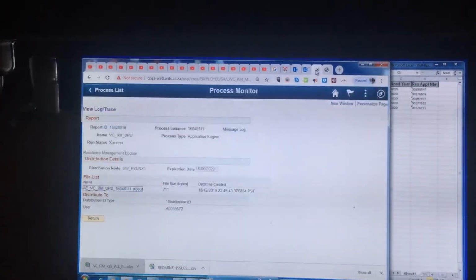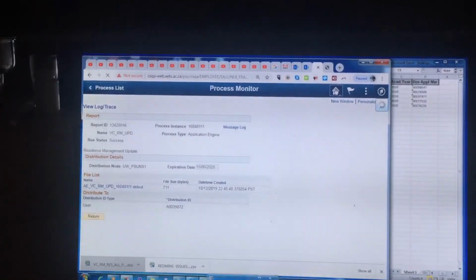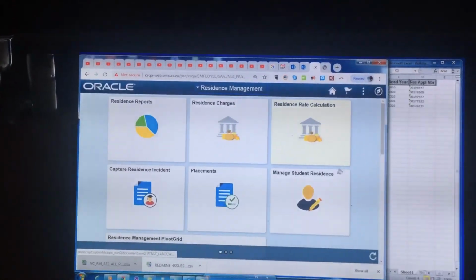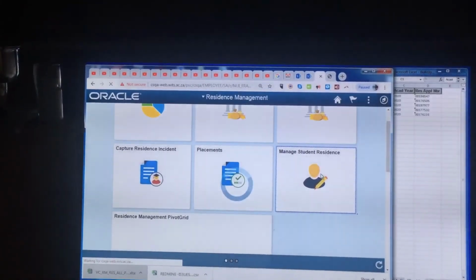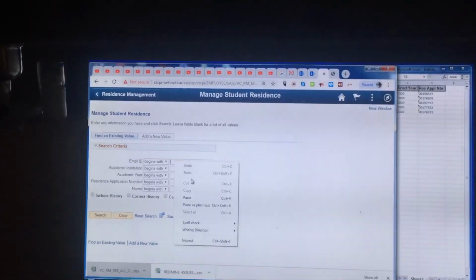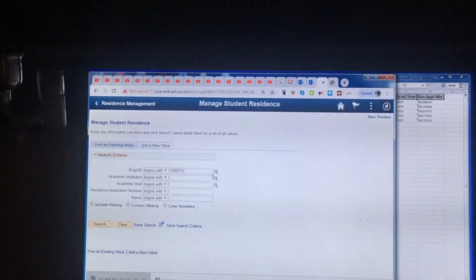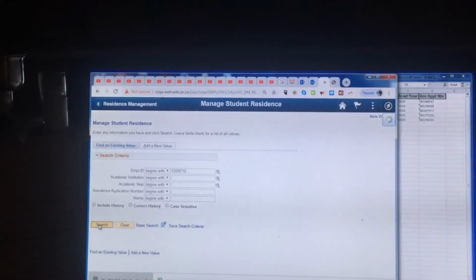So these students, according to the report that I downloaded, were on transfer notification sent. Now let us just see if this one did update indeed. If you copy that first student number there and you go back to the main screen, go home, and then you go to manage student residence. We want to just make sure that it did indeed update the status of the student from transfer notification sent to, what should it be? It should be unsuccessful. And you go search, and